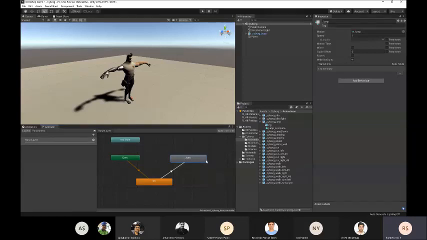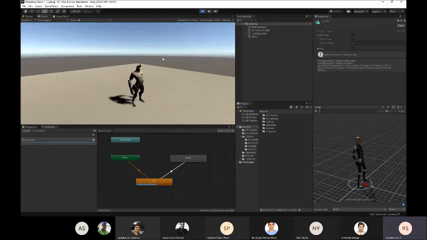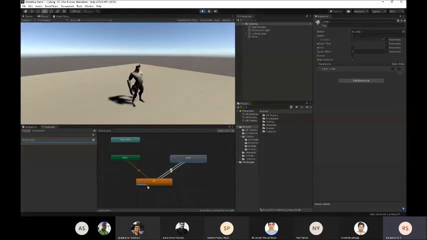And we don't want jump to keep looping, right? So we'll switch off loop time for the jump animation. Okay. Now if I click play, so you see after the idle animation it goes into jump. Even though this is moving, the animation is not looping, right? So it stays there now, and we want it to come back to the idle animation. So after jumping, we make another transition and we select idle. Now if we click play, after the idle animation it goes to the jump, and then after jump it comes back to the idle animation.